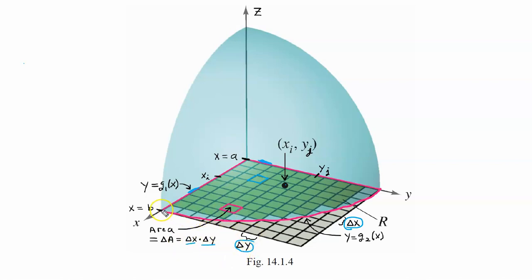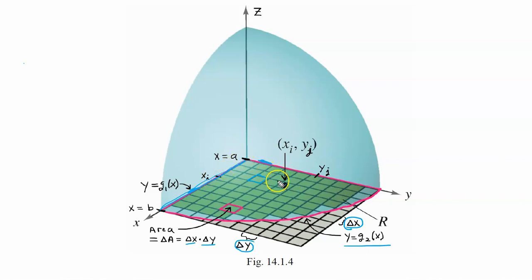And also notice that we have these bounding curves right here. This bounding curve right here, we call that y equals g2 of x. It's just some function of x. And then we have another bounding curve down here. We call that y equals g1 of x. Now in this picture, of course, it's just y equals 0, right? It's just the x-axis. But it could be some function of x. It doesn't have to just be y equals 0. It could be some other function of x. So just keep that in mind.